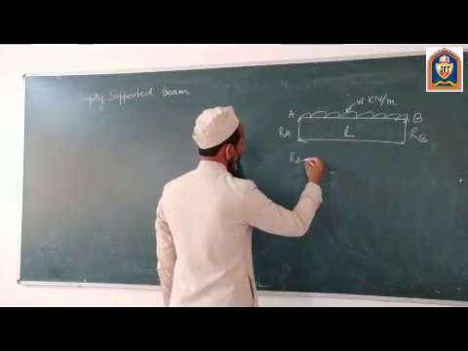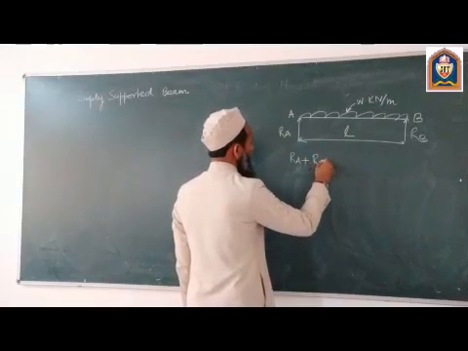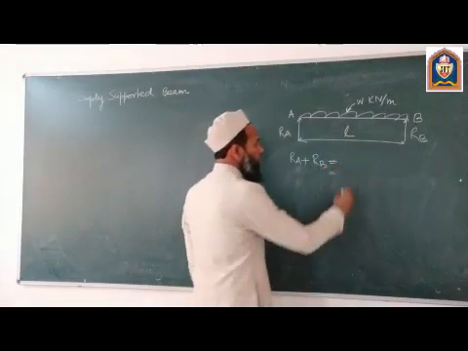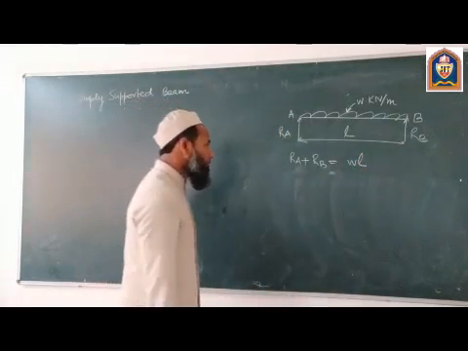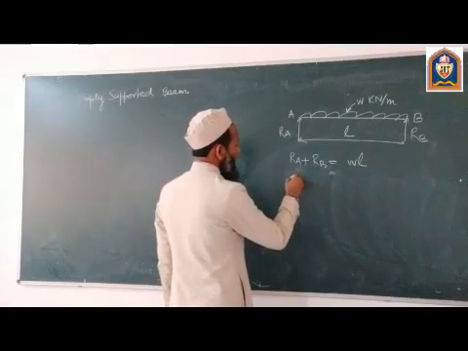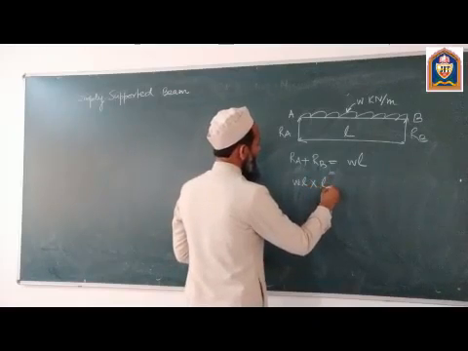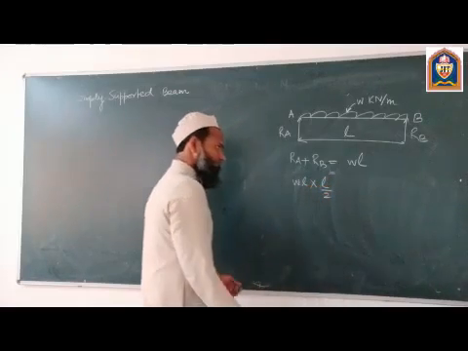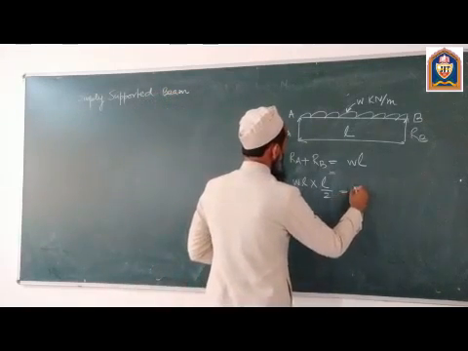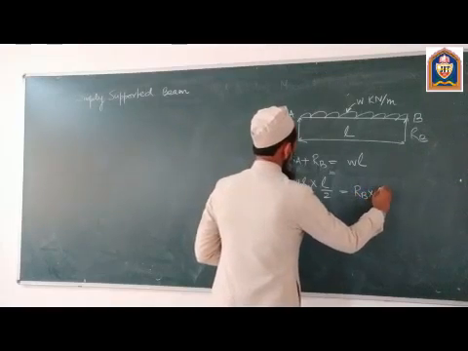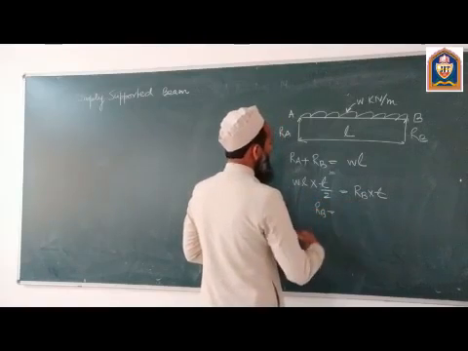So the first equation when we balance the vertical forces is Ra plus Rb is equal to the total load, which is W multiplied by L, and when we take the moment, so moment will be WL is the total load which is acting at L by 2, and this moment is going down, and this is equal to Rb multiplied by L. So this L cancels off. Rb is equal to